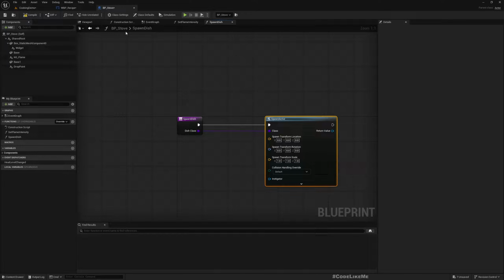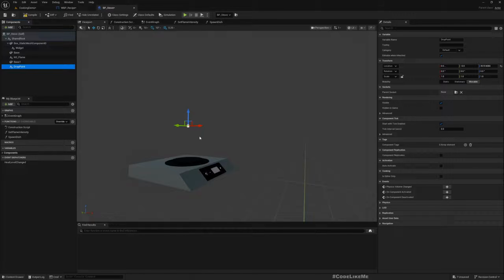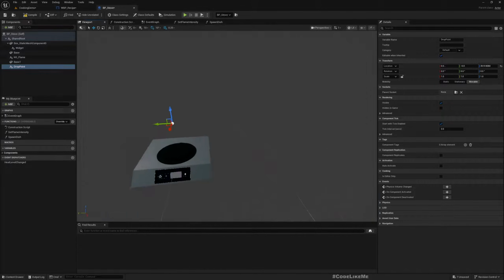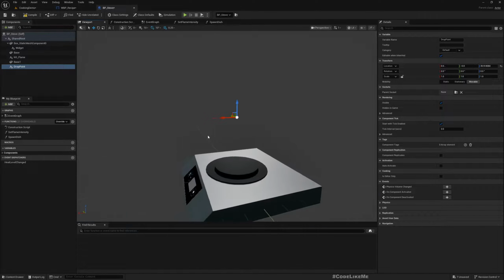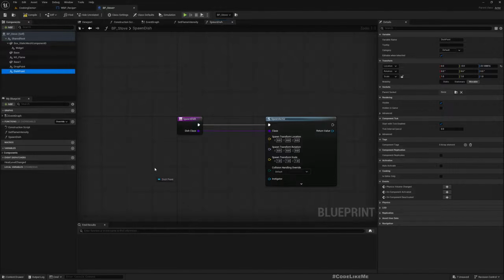Now split this. I'll add another scene component, maybe like this, and I'll name it, what should I name it? Dish point. Okay, the dish point,